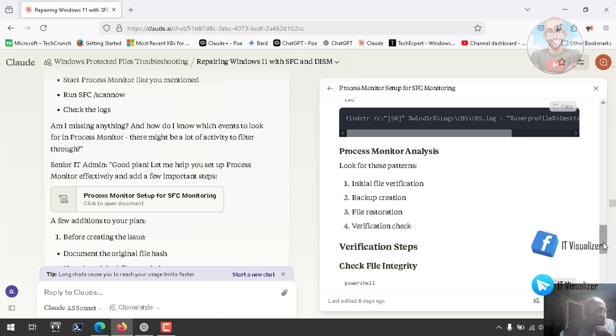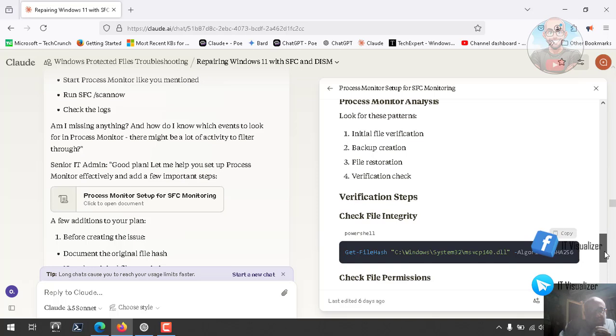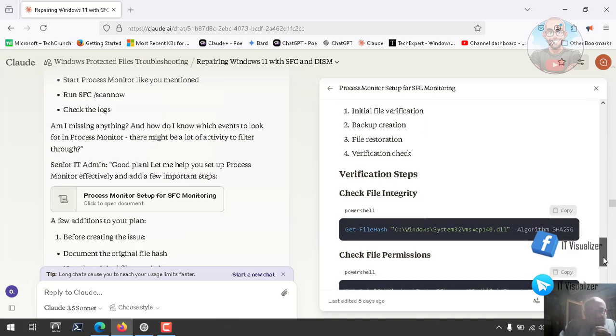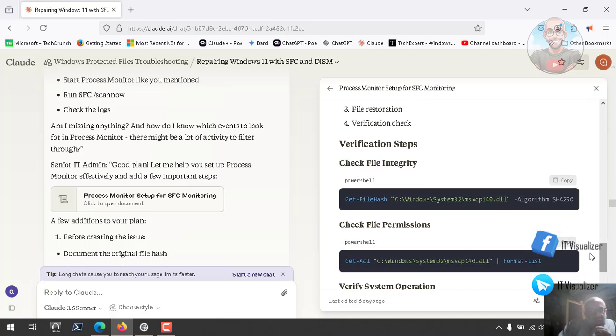Verification steps: check file integrity. After changing the file or replacing the DLL file, we need to check the algorithm, check the file hash to make sure that this is the correct file. I don't know how we will compare it, or how we can know that this hash is the correct one. I think we should compare it to the same file on the VM1 or the healthy